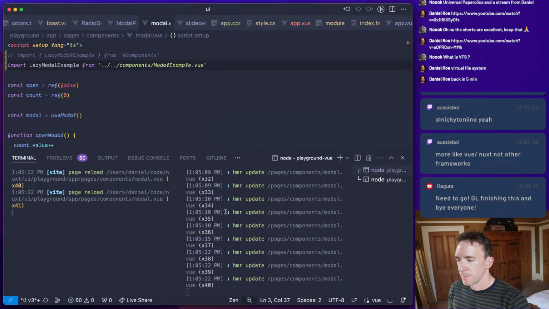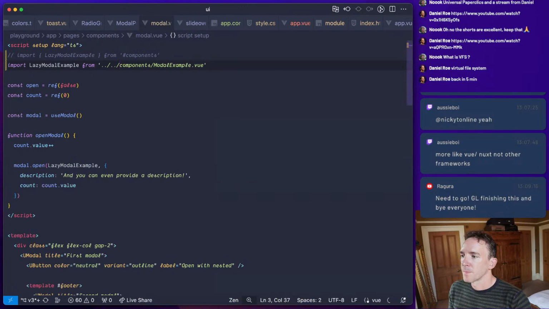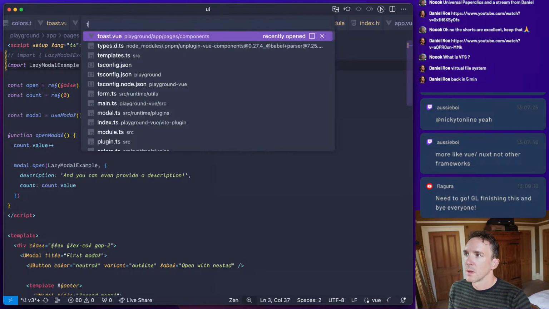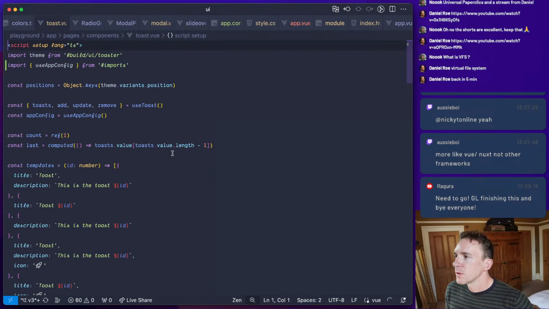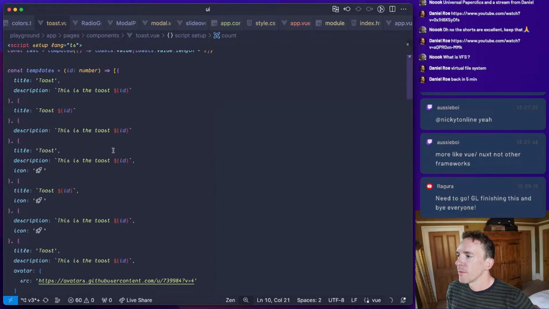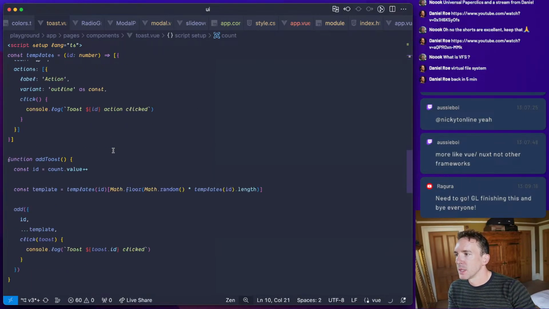Is this the problem? So here's our toast page. Oh, is the issue that we... No, we have our Vue auto-imported.